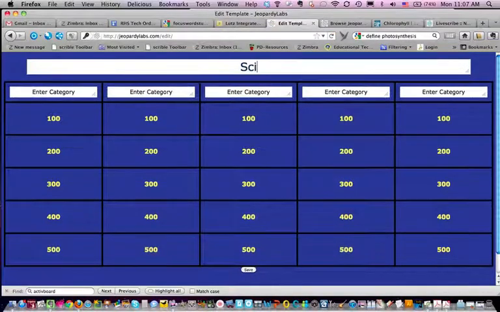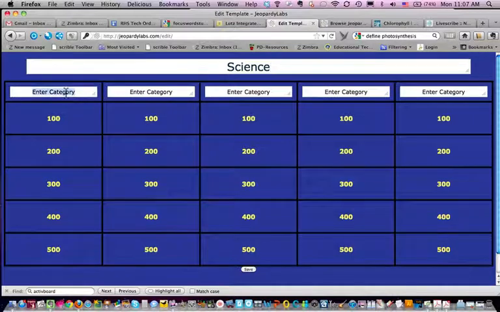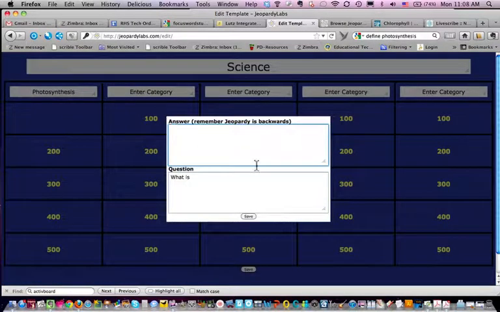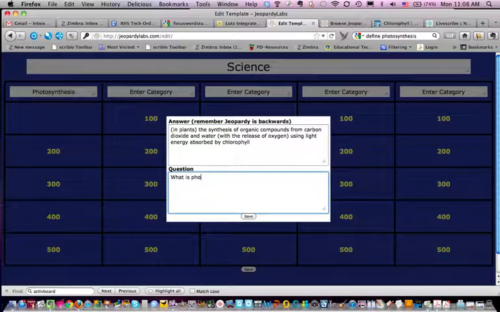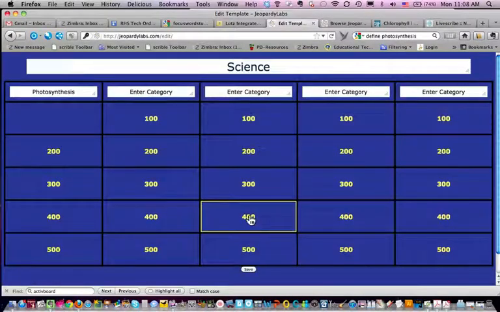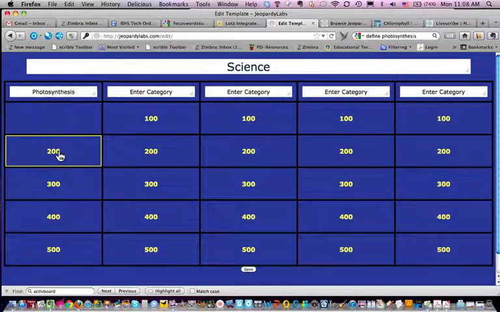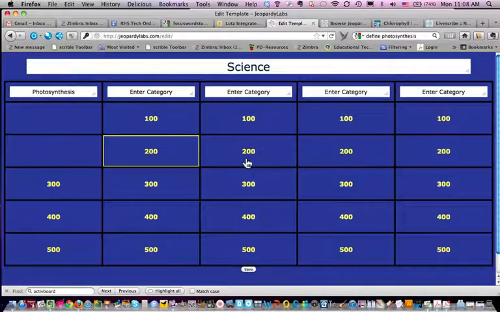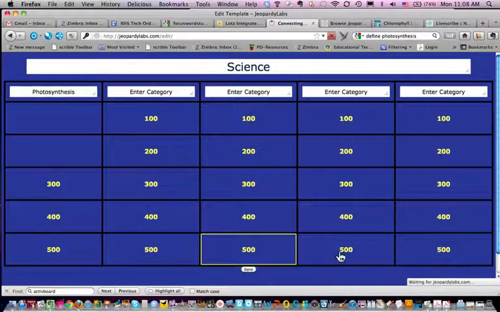So I'm just going to put science as my example, and my category here is going to be photosynthesis, and I'm going to click on my 100 here, and I'm going to paste the answer, and then "what is photosynthesis," and I save. And if you notice, the 100 disappeared, and now I can go on to my next question. Have these two filled. If I press save to get out,